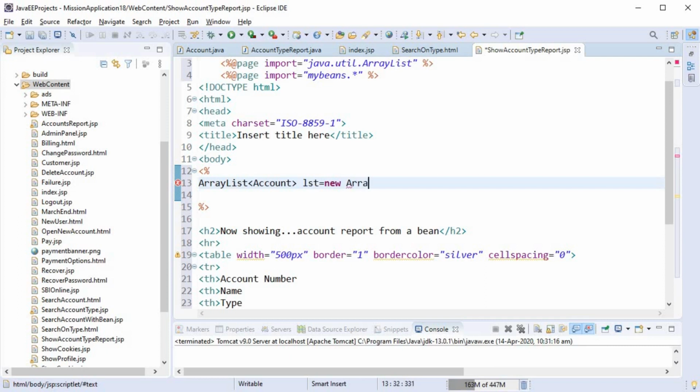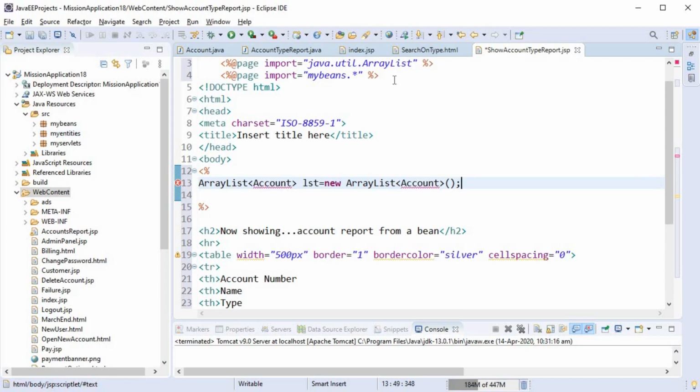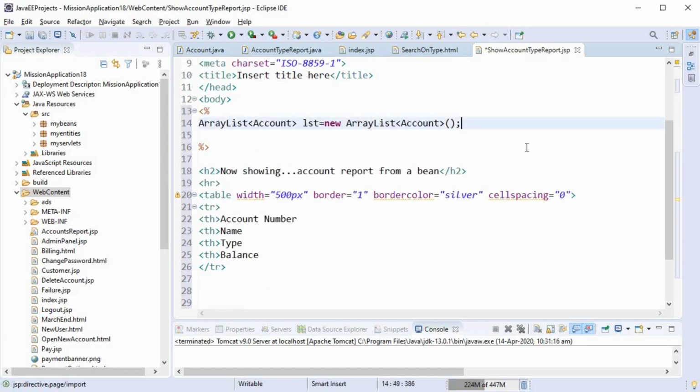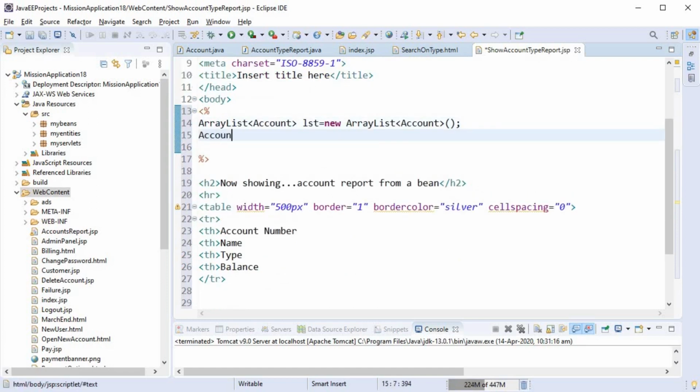So what we have done is we have created an array list here on the JSP page to receive data coming in from the bean, right? So the array list is created, but it is giving me an error for the account class, which is present in a package. If you remember, the account class is not present in mybeans, it is present in my entities package. So we have written %@page import my entities.star. So now let's create an object of the bean class.